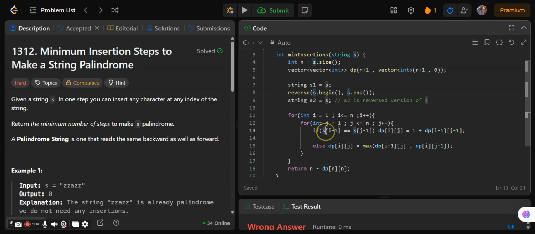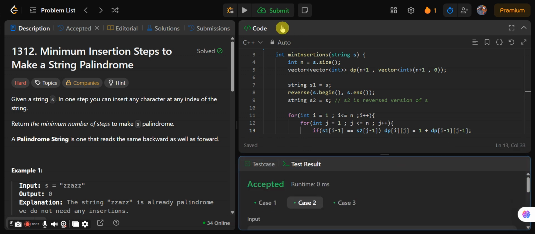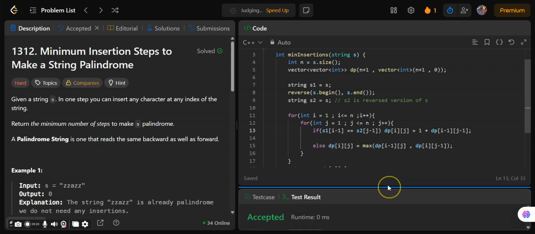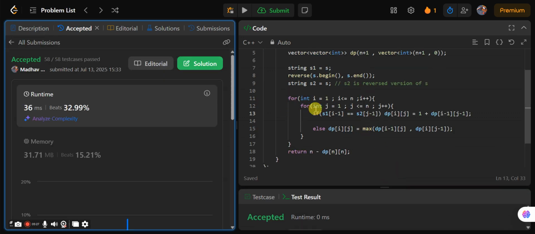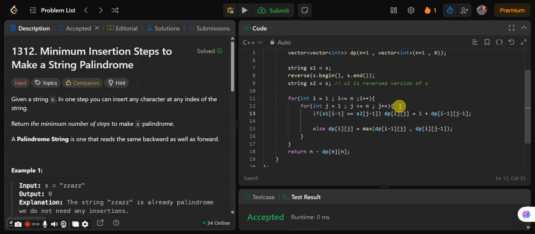Okay, now let's see. So we are getting the correct answer. Let's submit this. So we can see here it is accepted and we got the correct answer.